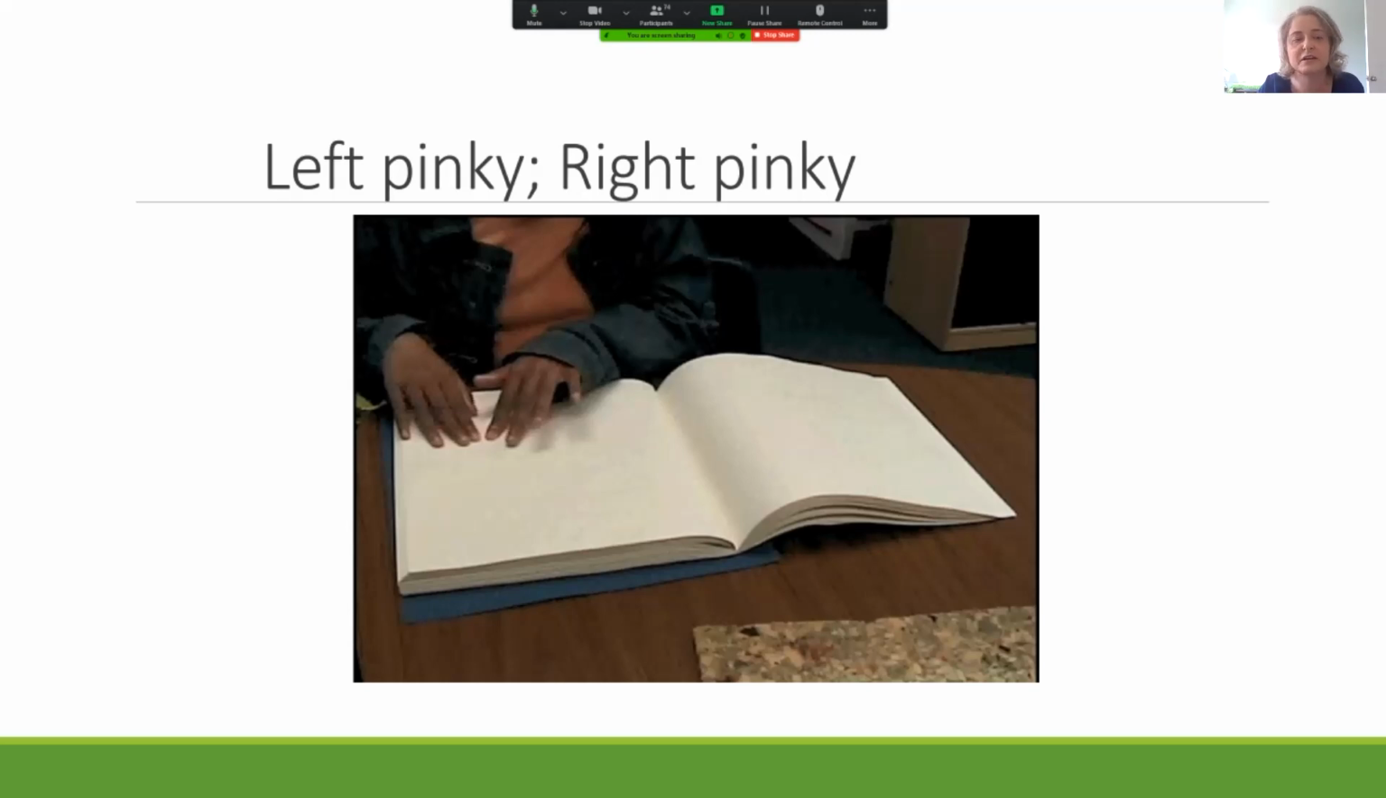So once again, we're talking about saving milliseconds, but every millisecond counts when it comes to reading speed. So I'll let you finish this so you can sort of see how she's doing those regressions with that left